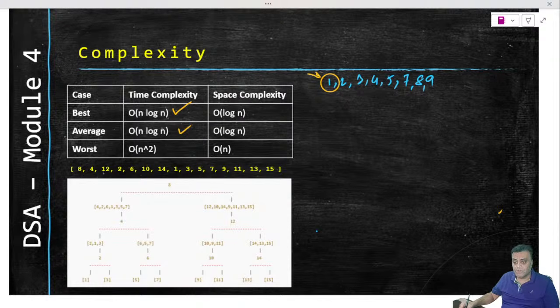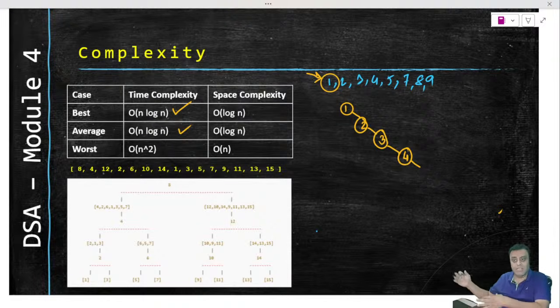What will quicksort do? It will check this one. It will position this one somewhere. Pivot, right? So pivot is in the correct position. 1 is in the correct position. 2 is also in the correct position. 3 is also in the correct position. So are you getting a left subtree and right subtree? You are not. You are always getting a right subtree. Whenever you create a pivot, you are always getting everything to the right of the pivot as the subtree.